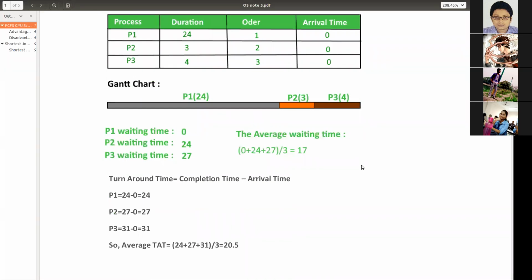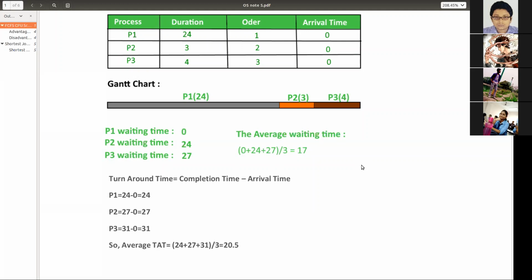So if I want to calculate the turnaround time, I can get it from this chart, which is known as the GANTT chart. The spelling here is wrong; it is GANTT chart. When we do this kind of sum, first you will draw the GANTT chart, which will give you a clear idea about your sum.